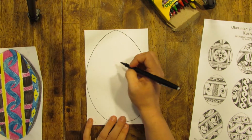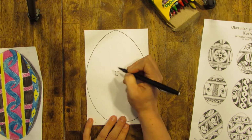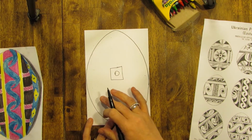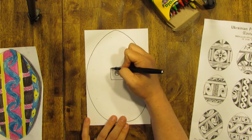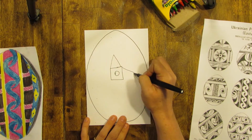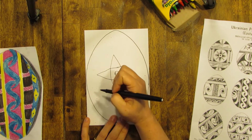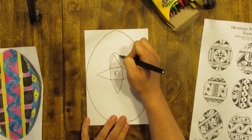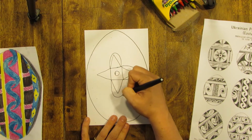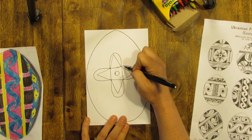So what I'm going to do for mine, I'm going to try to do a design in the center. I'm going to draw a big circle and put a square around it. Now I'm going to try to keep my shapes rather large so that I can easily color them in. Then I'm going to put some triangles on here, but I'm going to do the same thing on all sides. And then I'm going to make it curved around the top, curved around the top. And then I'm going to do little